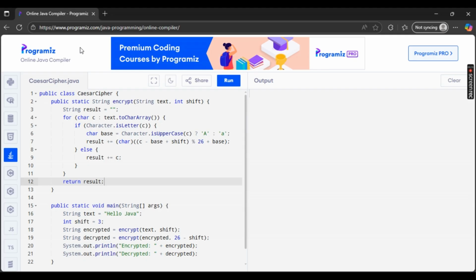alphabet. In our Java code, we take each character of the string, check if it's a letter, and then shift it forward for encryption. Non-letter characters stay the same. To decrypt it, we just shift back by the same number. For example, in this code, if we shift letters by 3 for encryption, we shift by 26 minus 3 for decryption as well. This gives us the original